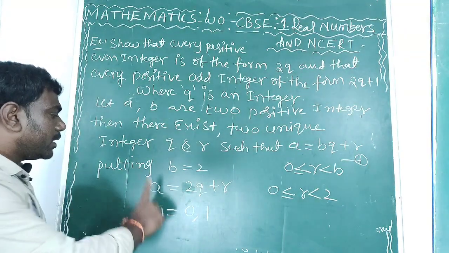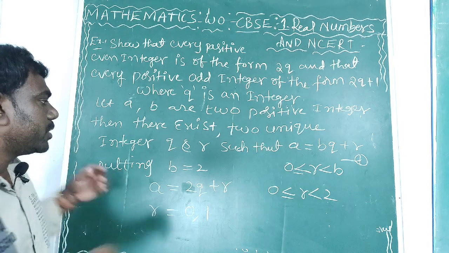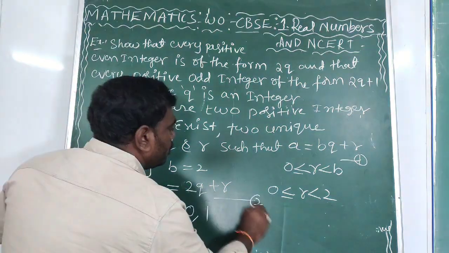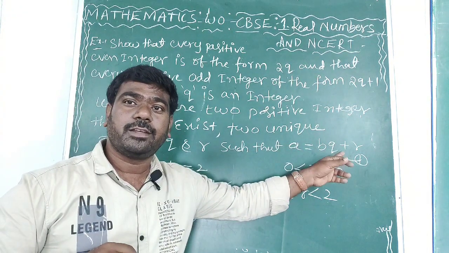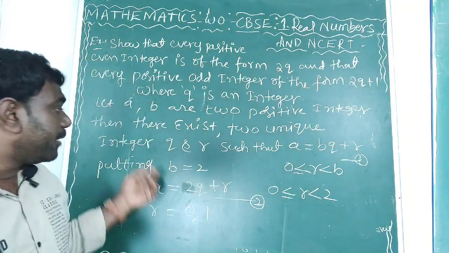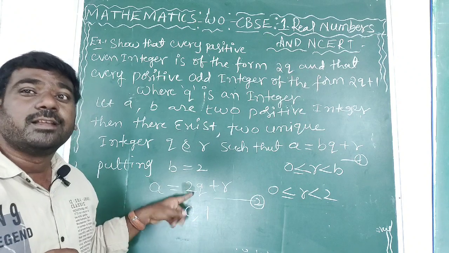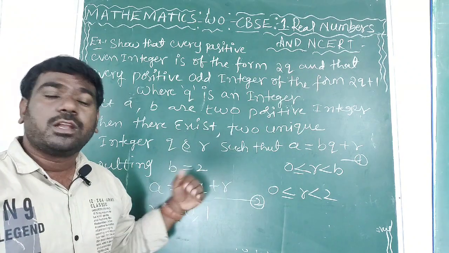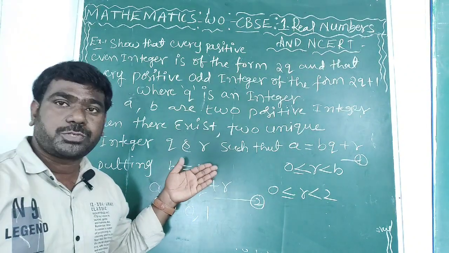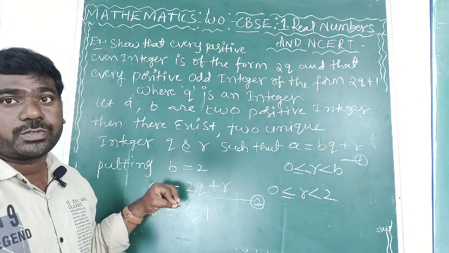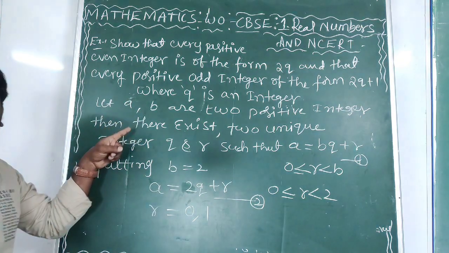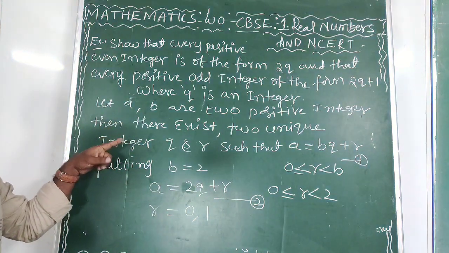Now these r values we have to substitute in equation 2. The main definition is equation 1. After substituting the b value in that, it becomes equation 2. Now these r values we have to substitute here and see what we get. So you can take this screenshot up to here.